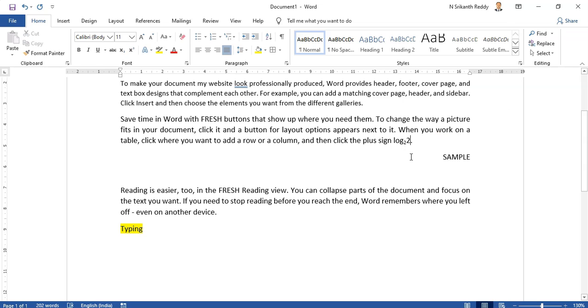If I have to type something like 2 square, then I use this X square. If I click X square and type something, it is superscript, used for powers. The other is subscript, used for bases. Instead of clicking here always, you can use Control plus equal to.